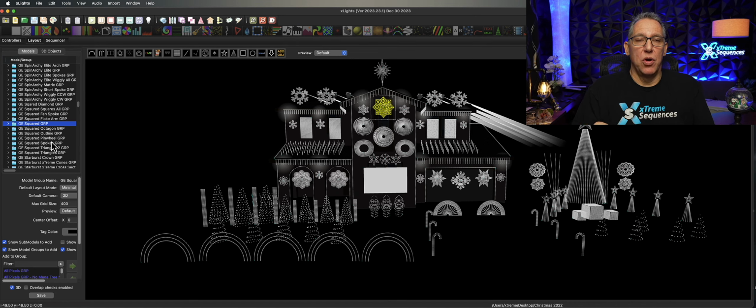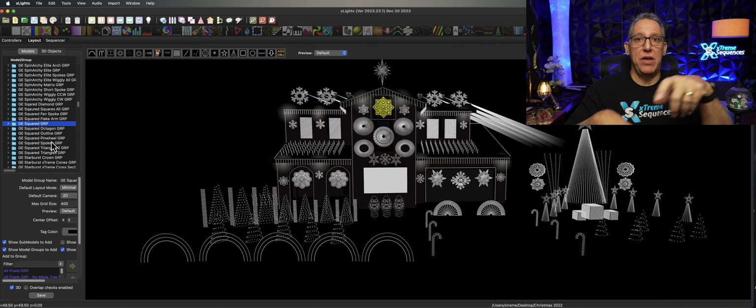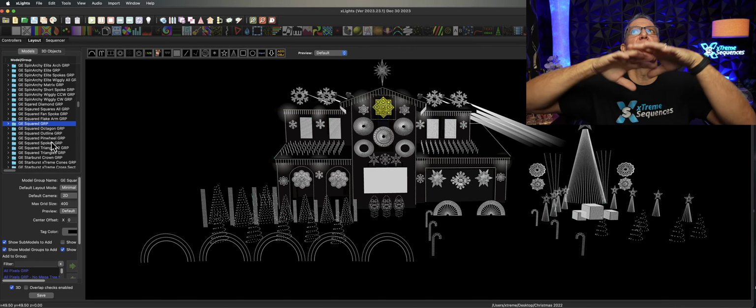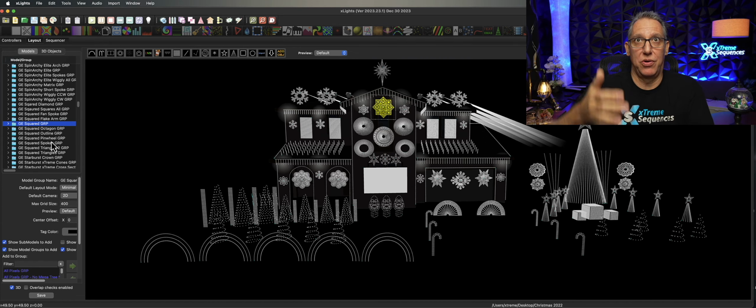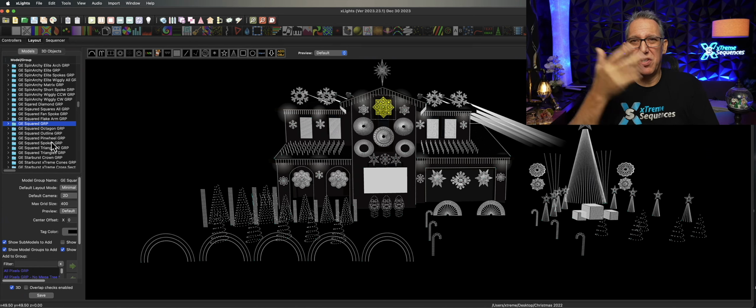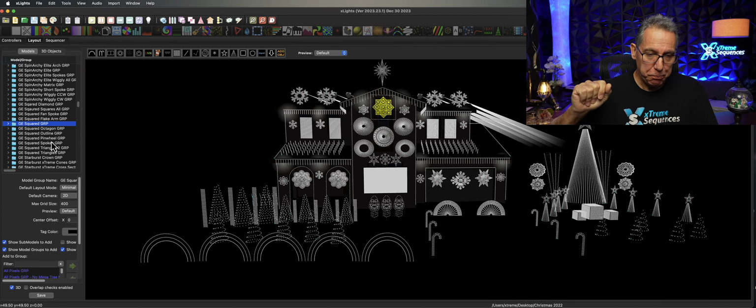So if I did an outline and then below that did something really beefy, well, the outline doesn't exist. The outline is just overridden by all the beefy nodes taking place with the submodel. So it's sort of like, why even use it? So some of the submodel groups I've sort of just pushed aside. I don't really use them. They're not my cup of tea. And then the new ones all sort of go to the top.